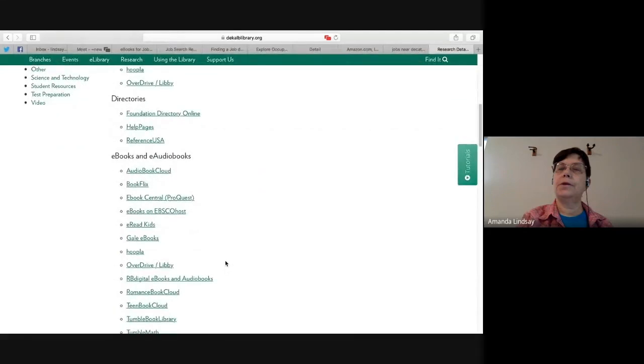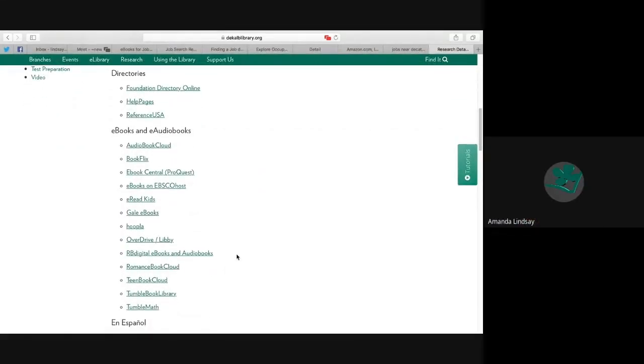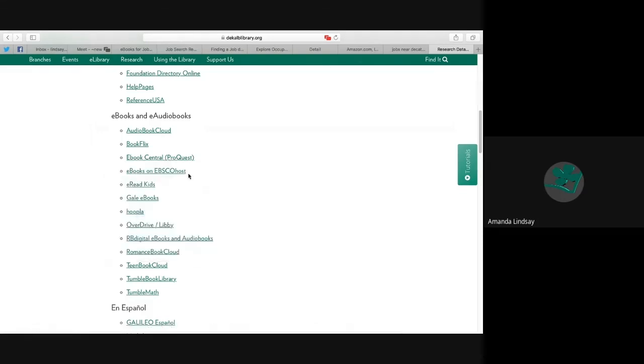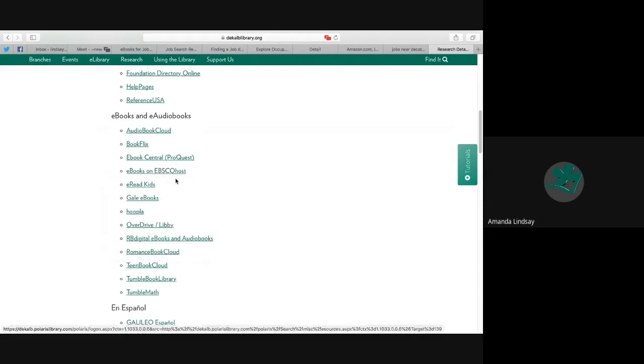So the ones that I found for ebooks, there were a couple on Overdrive, a couple on eBooks Central, and ebook on EBSCOhost. Now, eBook Central and eBook EBSCOhost is done through Galileo, so you would click on these right here, type in your library card number, and that'll take you to that, and then you would just do a regular search for jobs. Okay, but